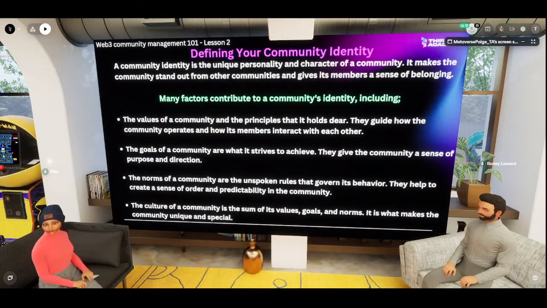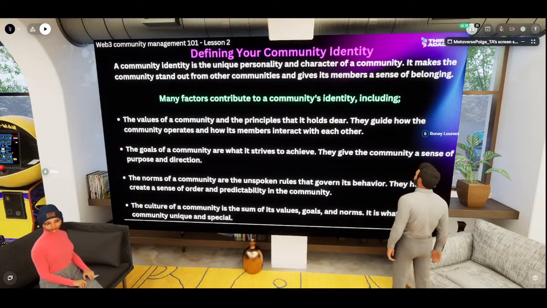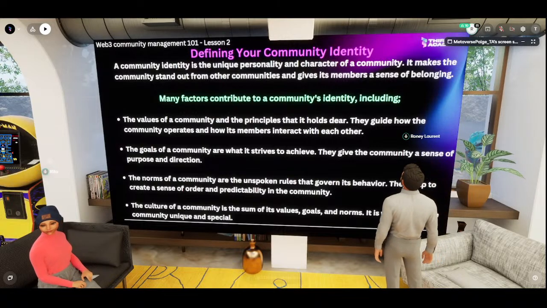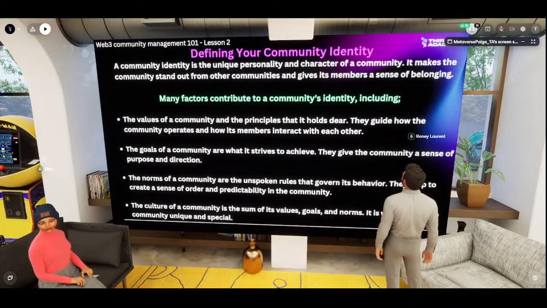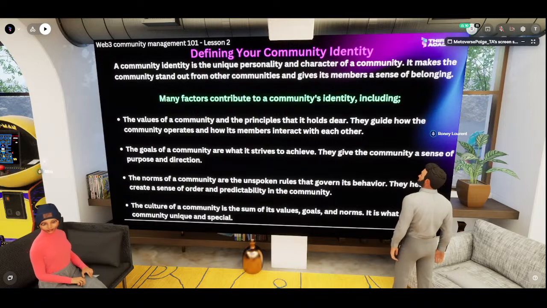Your community identity is what makes your community stand out from other communities and gives your members a sense of belonging, right? It is essential for a thriving community because it is what helps members identify with you easily, because it provides that sense of ownership and belonging.